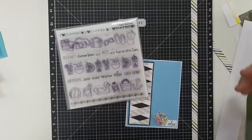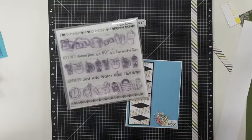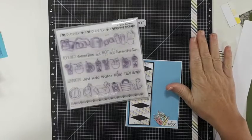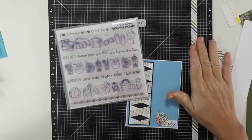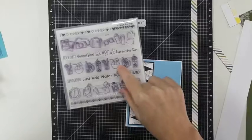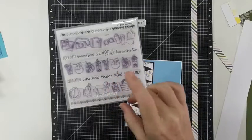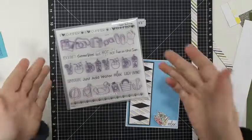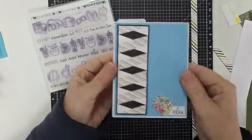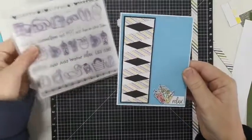Now, while I'm recording this video live on Facebook, it is the month of May. We're not celebrating national anything; that was last month, which was National Scrapbooking. This month, Close to My Heart has a Stamptacular going on, which is a massive sale of stamps. This particular stamp is not on sale. This is the stamp of the month, and I've explained what that is, but I just wanted to show you this stamp and this card